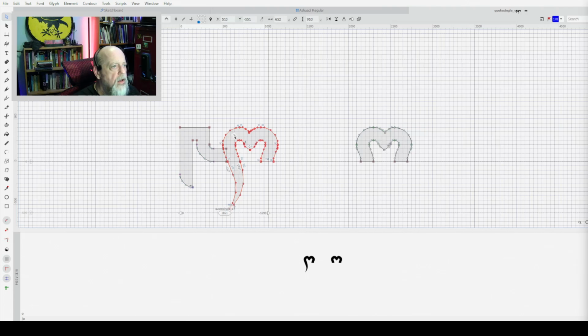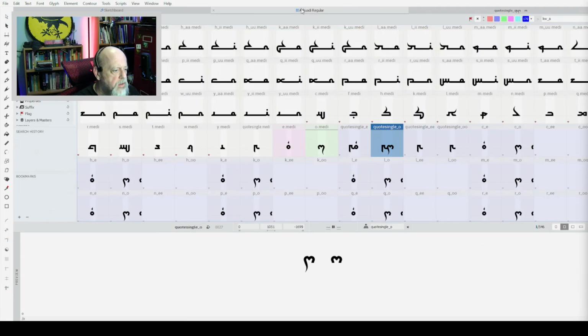And this is a medial, I believe. No, it's just quote single O. So it's going to end with this one here, not that one there.